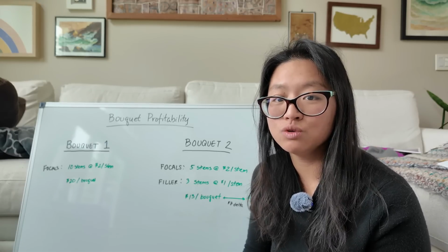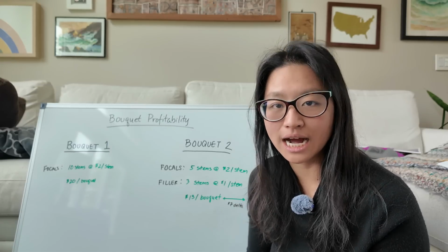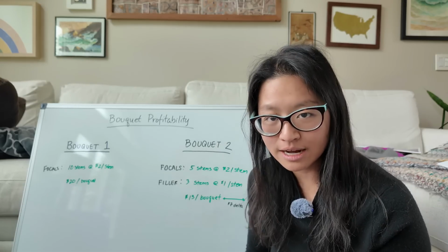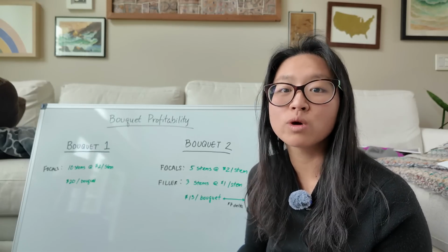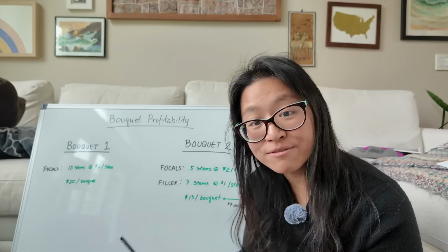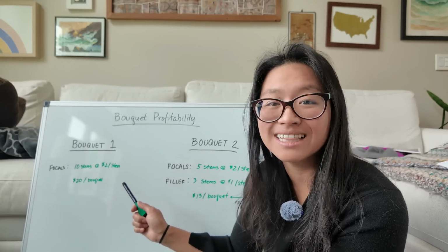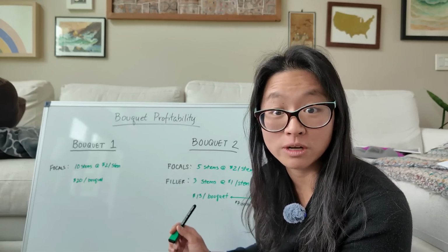I think that as you go on and you get bigger, there's always going to be time that you need to dedicate to the business side of running a business. But I think that the initial setup is done, and therefore it leaves you with more time to grow other stuff. So you benefit from a lot of efficiencies if you just focus on a few flowers in those beginning years, because that allows you to spend the time to build your customer base and focus on the business side